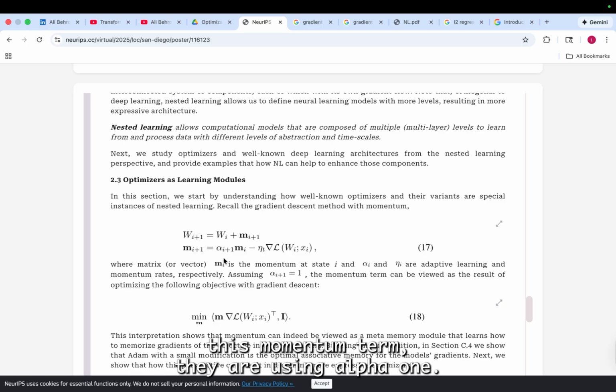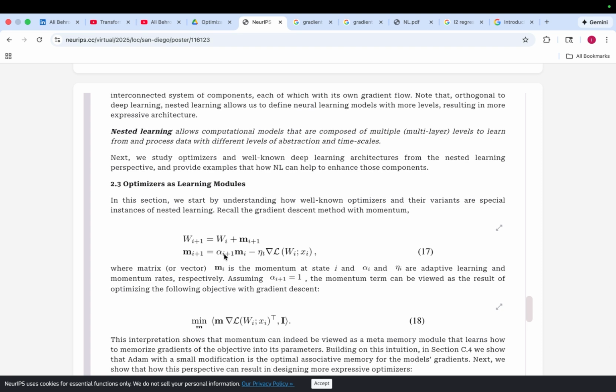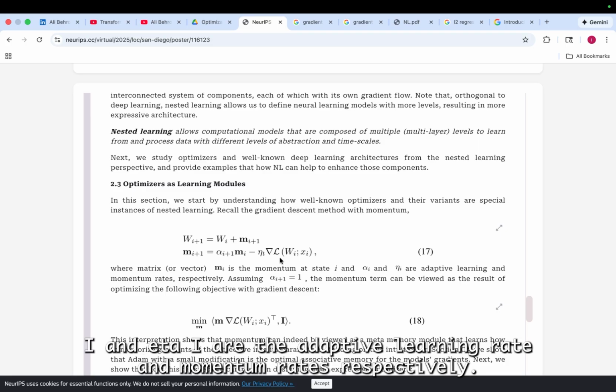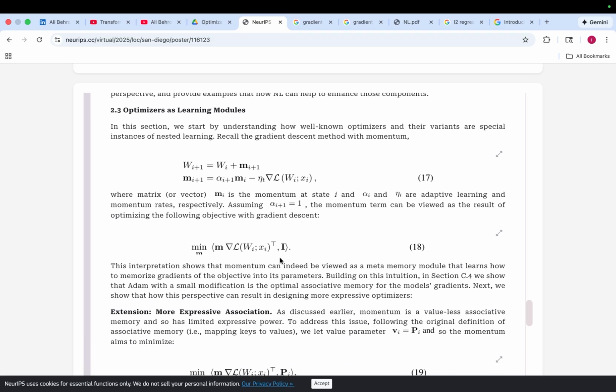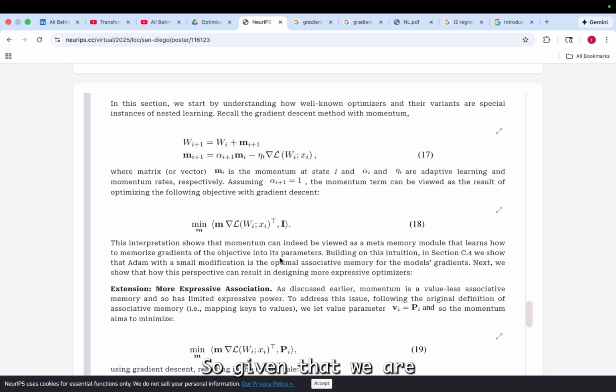This momentum term, they are using alpha 1. So alpha i plus momentum minus learning rate times the derivative of loss with respect to the given input and weights. So m_i is the momentum at state i, and alpha_i and eta_i are the adaptive learning rate and momentum rates respectively. So given that we are able to